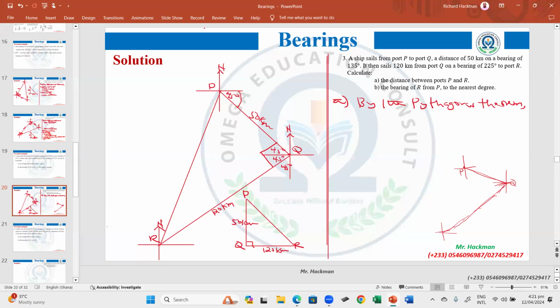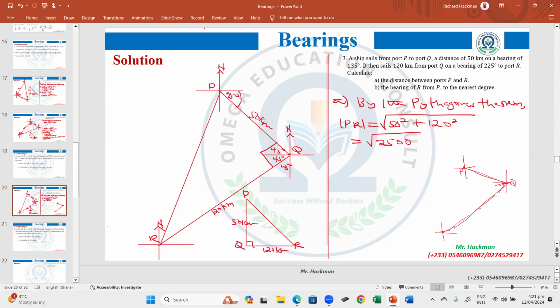We are going to quote the refined version. So the distance you are asked to find is PR. The distance PR will be equal to root of, PR is the hypotenuse, so it will be the sum of the squares of the other two sides, the legs. So that gives me 50 squared plus what? 120 squared. So that will be equal to root of